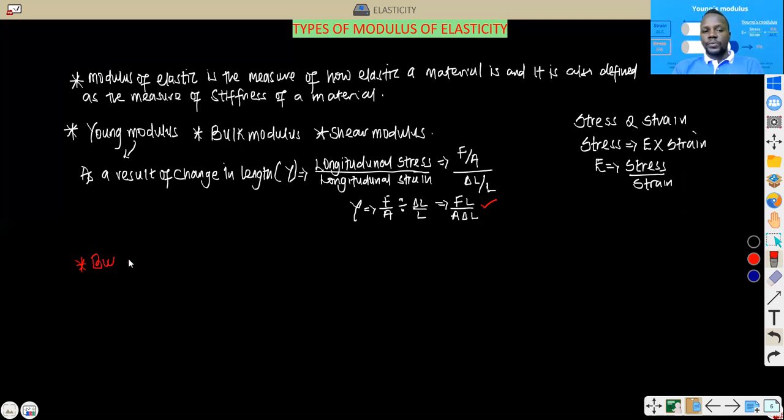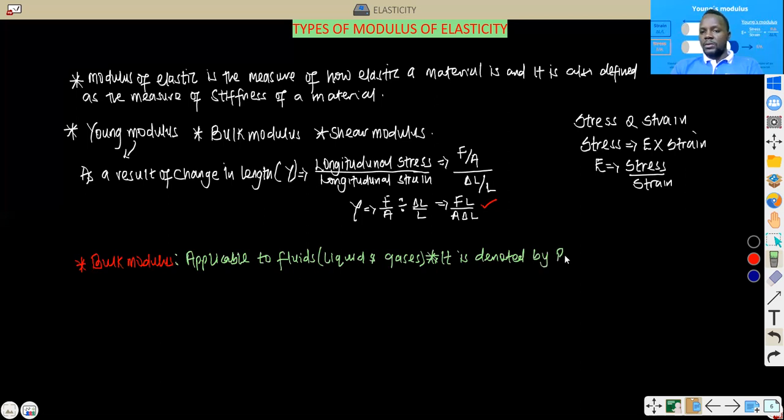The next is bulk modulus, and about bulk modulus, we can write. For students to see this clearly, because most of them say you don't see the red ink, let me quickly change to green. And about this, we can say it is only applicable to fluids. And I believe we've been talking about fluids all these days. It means the what? The liquids and the gases. So now, my dear students, when we say it's applicable to fluids, you can also write another point: it is denoted by the symbol